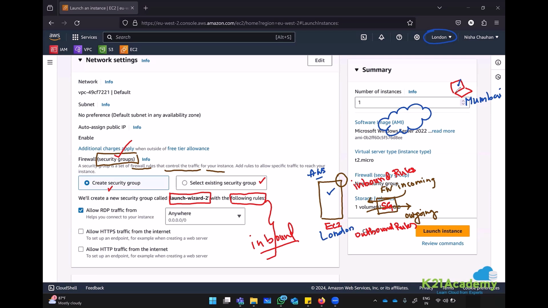That means traffic will originate from my system. It will cross the internet from India till London. Then it will be filtered by the incoming rules, that is the inbound rules, before being allowed to pass on to the EC2 instance. So the traffic will come as incoming traffic, and thus it will be filtered by the inbound rules. If the inbound rule has the permission, then only will my traffic be allowed to reach the EC2